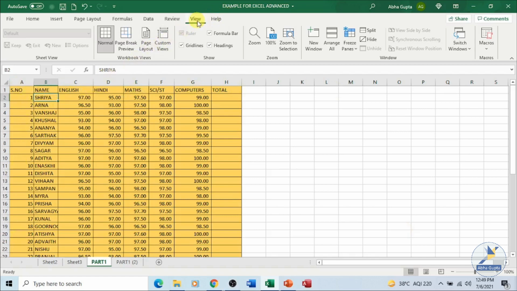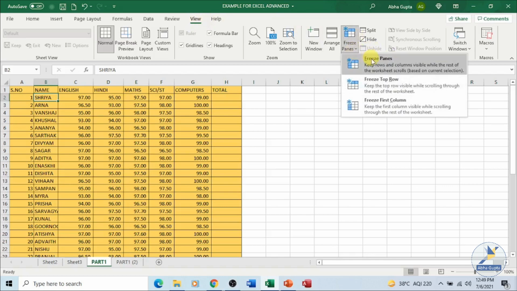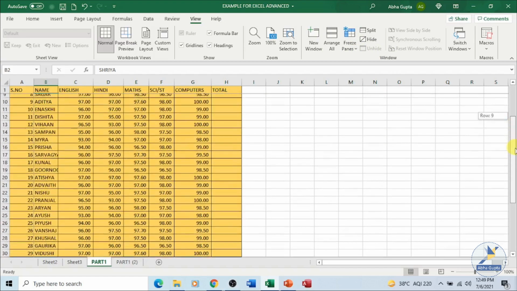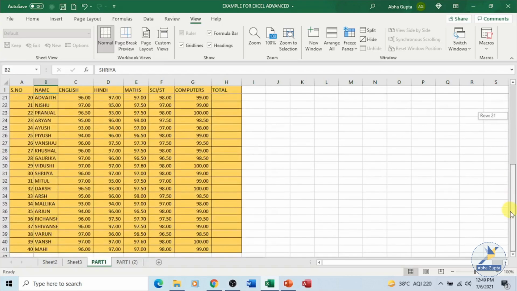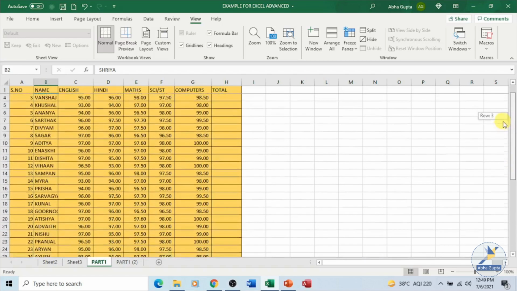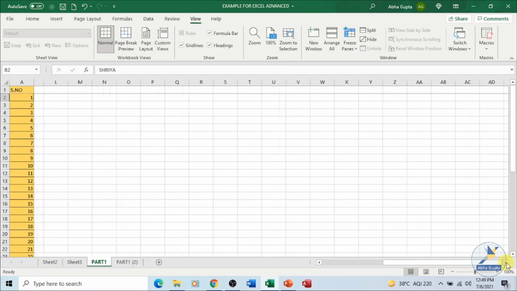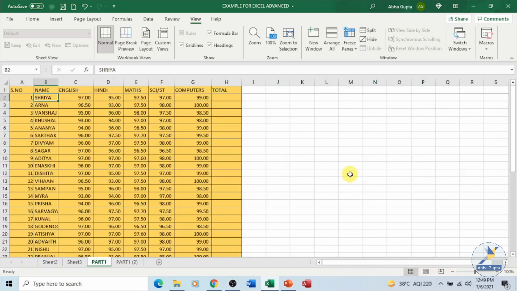Go to your View tab, Window, Freeze Panes and click on Freeze Panes. Now if I scroll down, you can see the top row is frozen, it is in place. If I scroll towards the side, the column is frozen. So this way you can freeze and unfreeze the rows and columns.